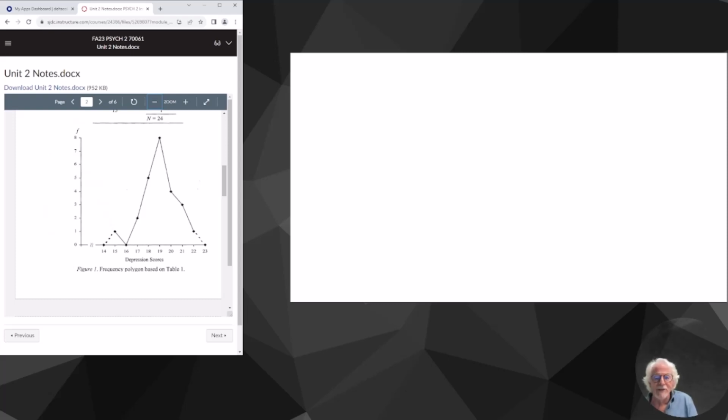And you'll see this clearly on the notes when we're looking at them. I'm sorry, I can't get a better picture. And then five people scored an 18. Eight people scored a 19. And then we use those dots and we just connect the dots with a line, and that's how we get our polygon. Now the difference is here we put from 14, we have this dotted line. We always put one score below the lowest score and then one score above the highest score, and we connect that